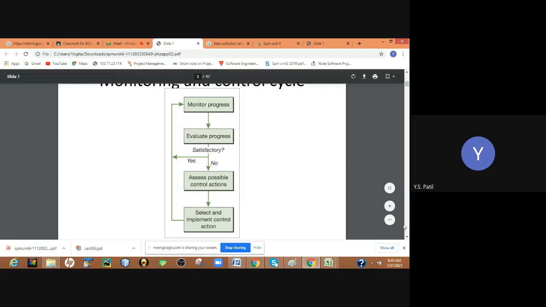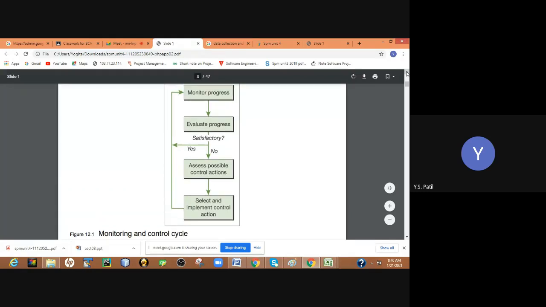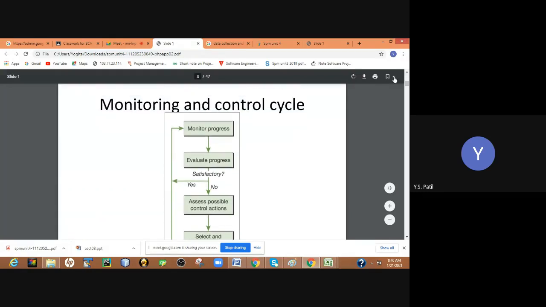So this is the flow chart of the monitoring and control cycle. The previous diagram we saw was the project control process, and this diagram is the monitoring and control cycle. This is how monitoring and control happens in your project.